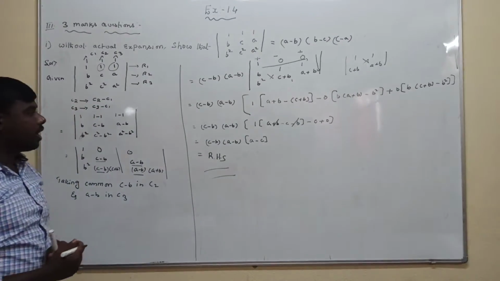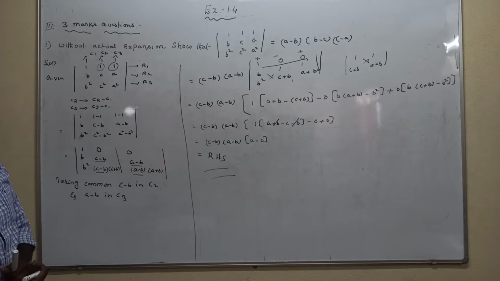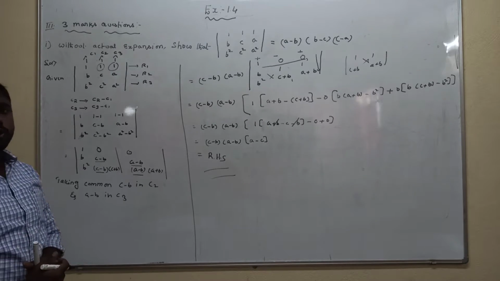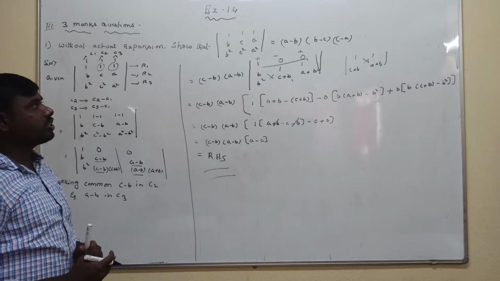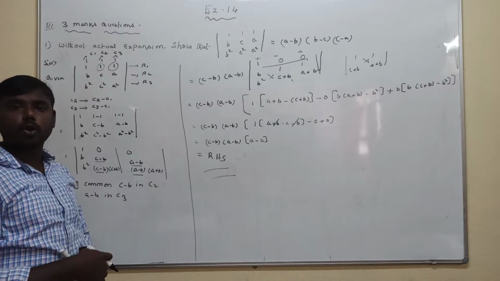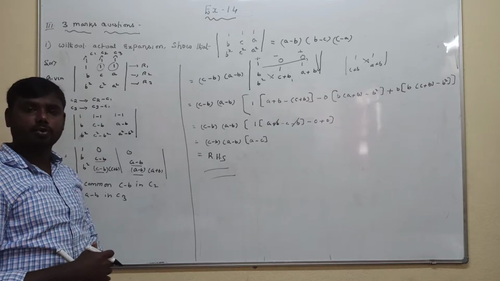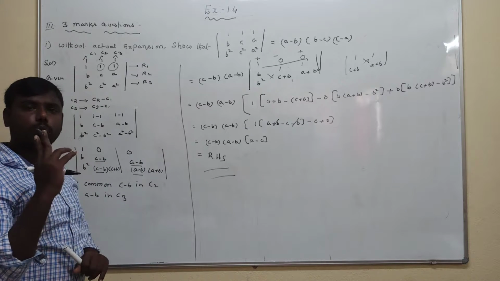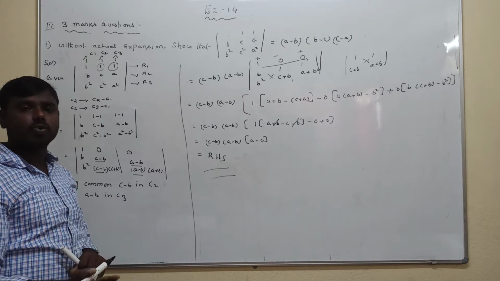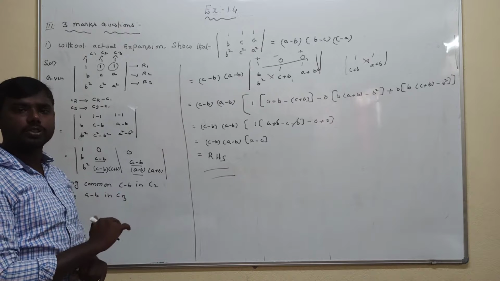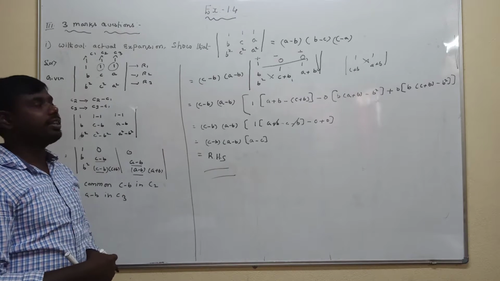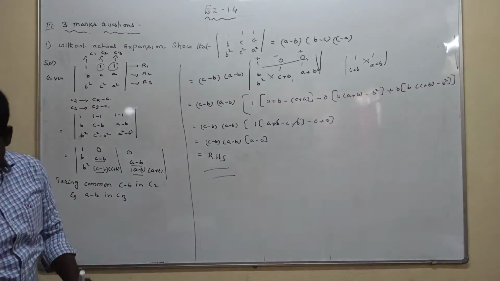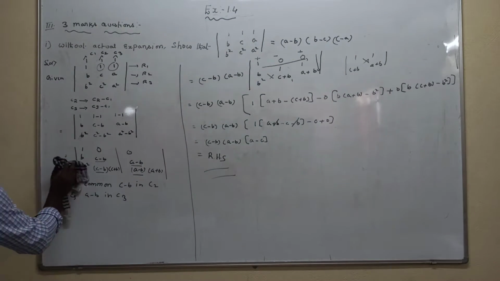Okay, dear students, I think everyone understands the solution to this question. Don't be confused, it is very easy. First, in the given question on the left hand side, in any particular row or column, all the elements are 1. You need two ones to prove that 0. After that, what are the common elements we are taking outside? After that, you should apply the determinant condition. I think everyone understands the first question. Next, we are discussing the second question.